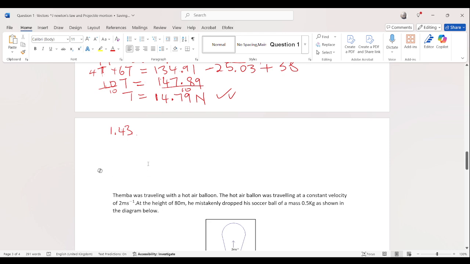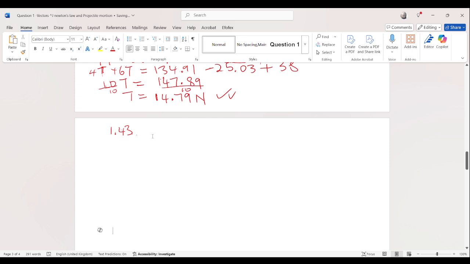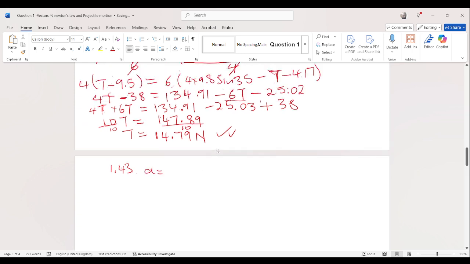Now, the acceleration of the block will be given by the following. We have already done the equations of acceleration before. So the other one was acceleration is given by